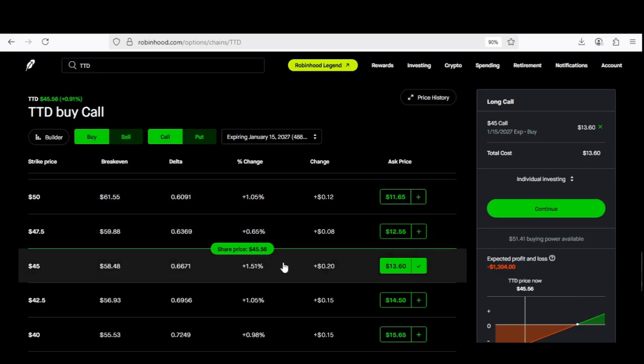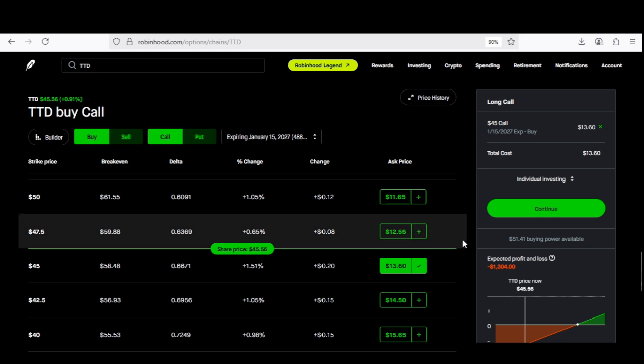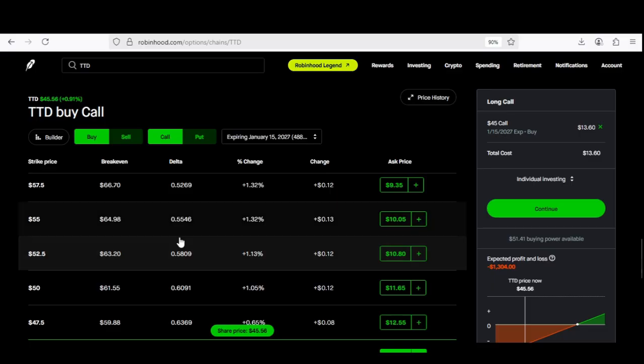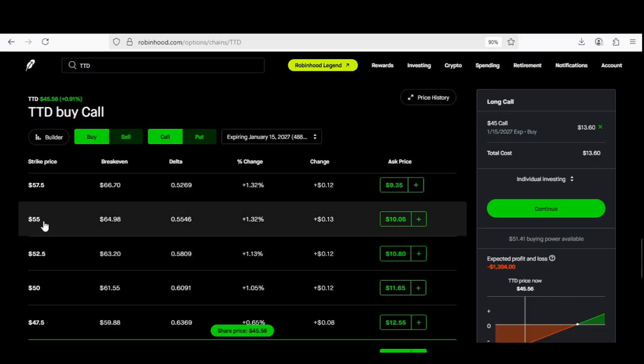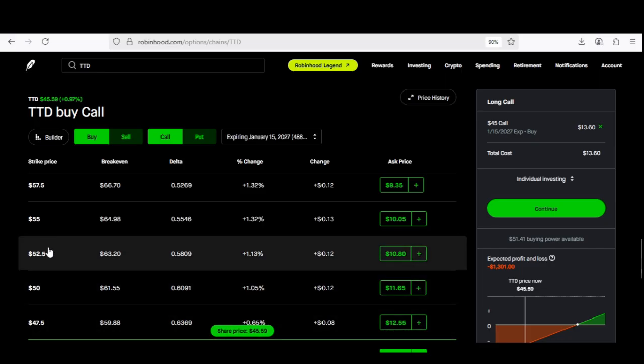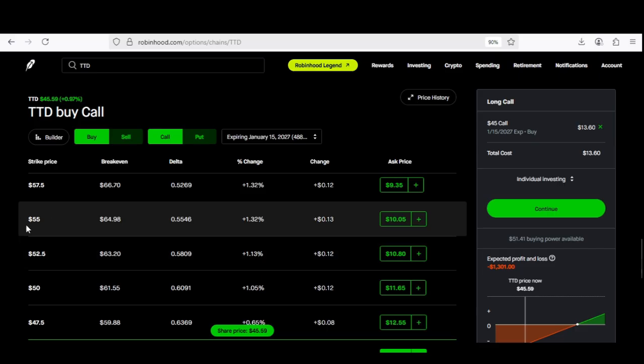We did also establish by the chart that the 200-day moving average is around the $81 mark. So, exit strategy. I'm looking for this share price to go to $55. Once the share price goes to $55, then I'm going to consider getting out of the trade. Now, the way you make money with your LEAPS option is through share price appreciation, meaning whenever the share price goes up, then your option goes up in value. So my exit strategy is that once it gets to $55, I'm going to strongly consider getting